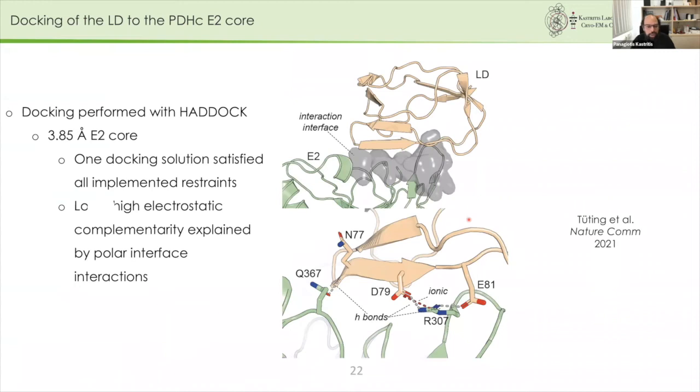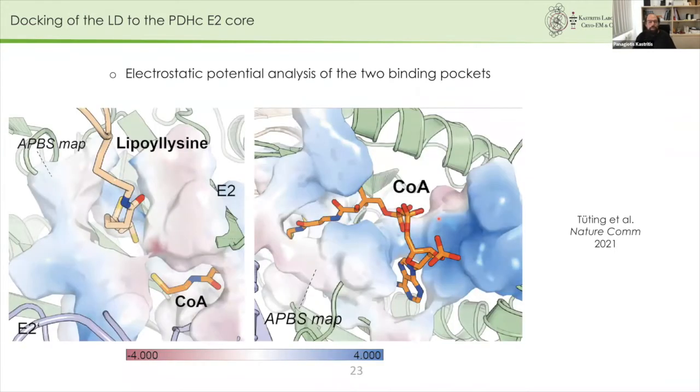What we basically saw is that the interfaces with the Cryo-EM determined E2 core are regulated mostly by ionic interactions and some hydrogen bonds that are organizing how the lipoyl domain might bind. And what was interesting is that if you see the electrostatic surface potential maps of the Cryo-EM structure, you can see how